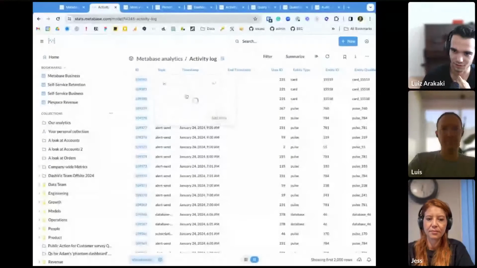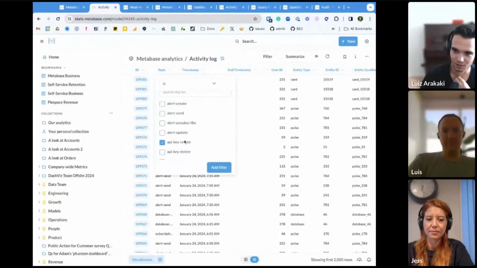Something that I didn't mention about the Metabase Analytics project is that now you can also use other features of Metabase with audits or logs content. And one that you can use is actually alerts. So I'll show very quickly how you can set up one alert that can be interesting for audit content. Let's say that here in the activity log, you want to check if someone